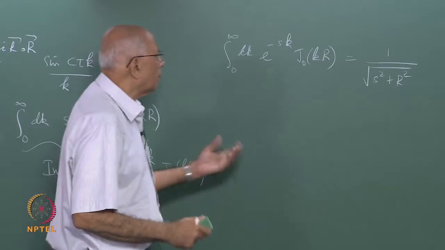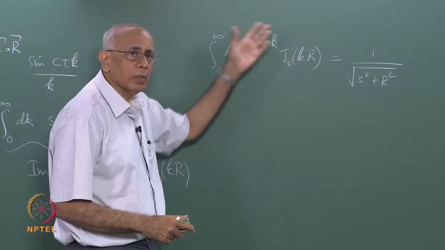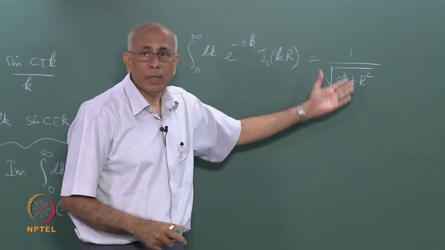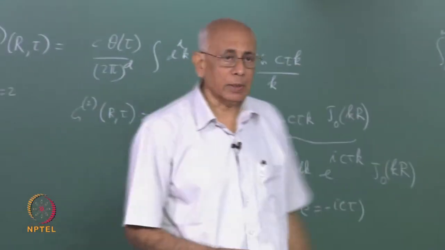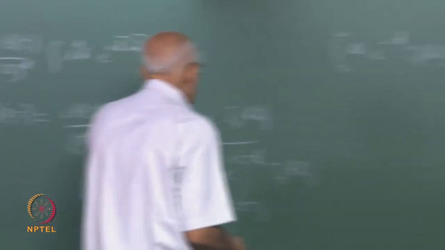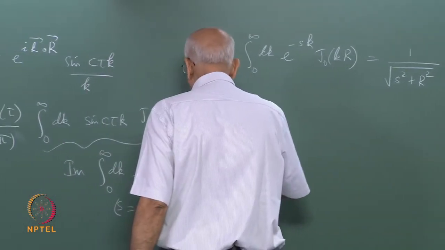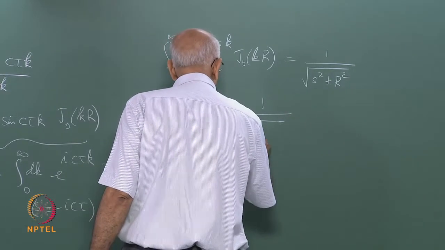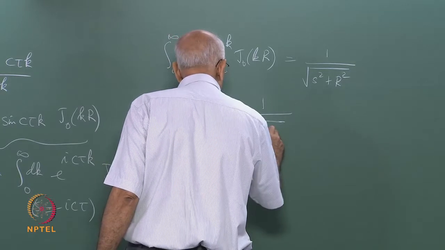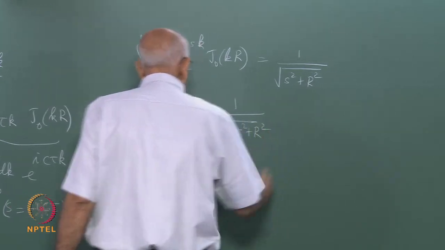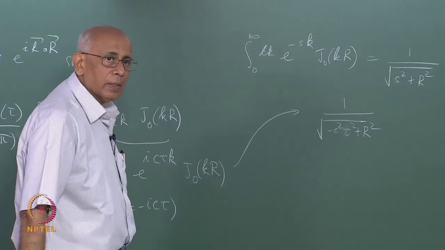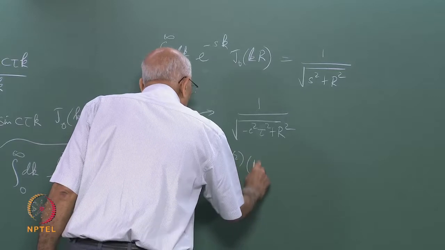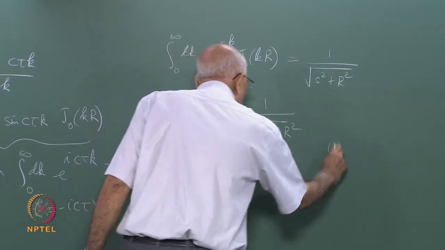Okay. You can do that in many ways. You can expand this in a power series and do it term by term, because we know the Laplace transform of a power, and then recombine terms and it becomes this algebraic expression. So this thing here will give you 1 over the square root of minus c squared tau squared plus r squared, and you take out the i, take the imaginary part, etc., and you end up with the result that G_2 of r and tau equal to 0